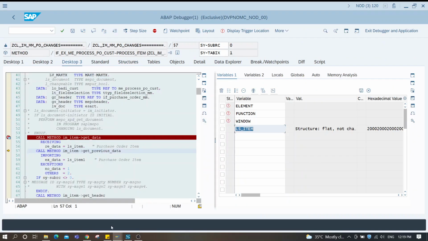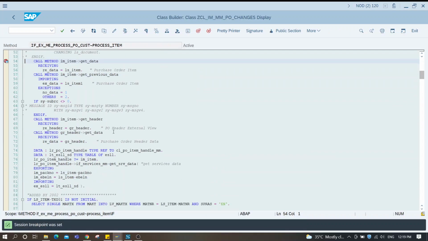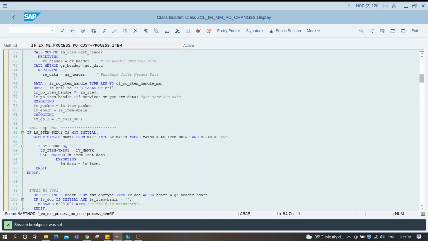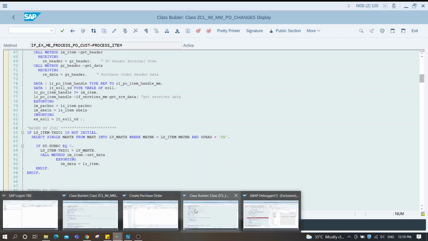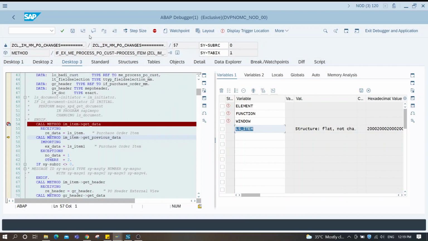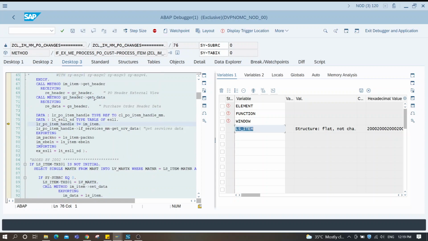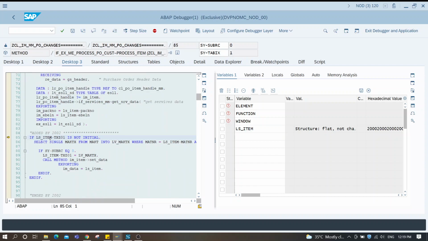So now the process is actually repeated. So this is the actual process. So now I'm going to give F6. I have done that coding, so I'm going to give F6. So now check that the ls_tx01 is not empty. So it is already holding that short text description as MAT, which should not be given. So it is not initial, so it will get into that if condition, and then